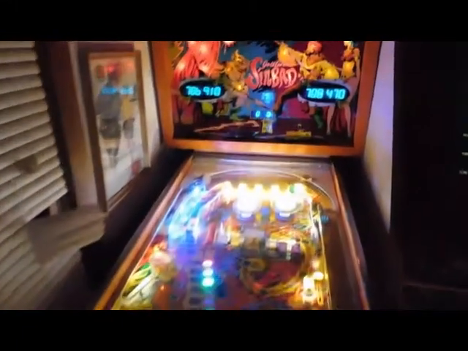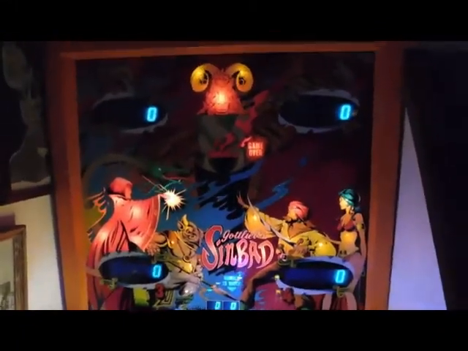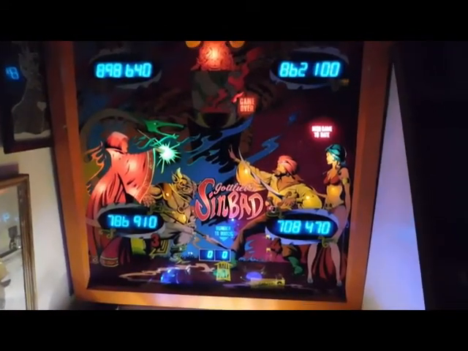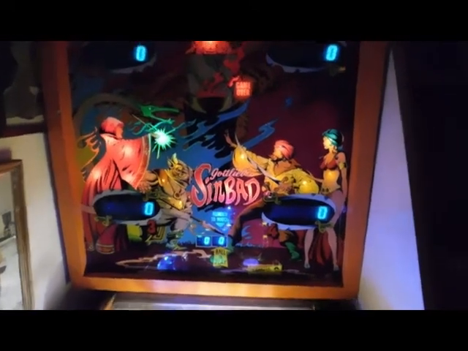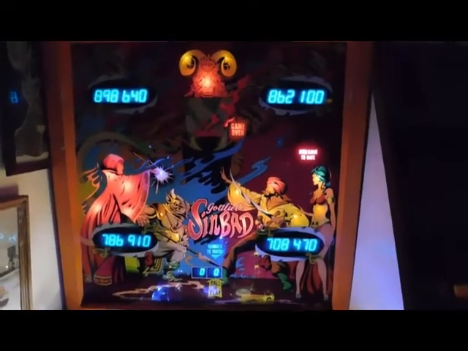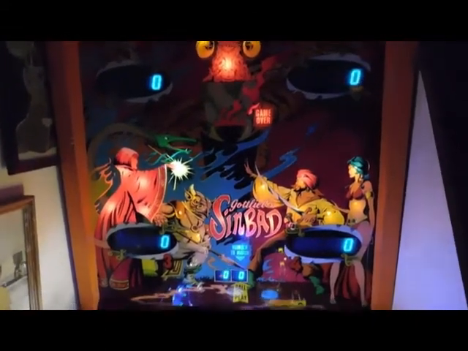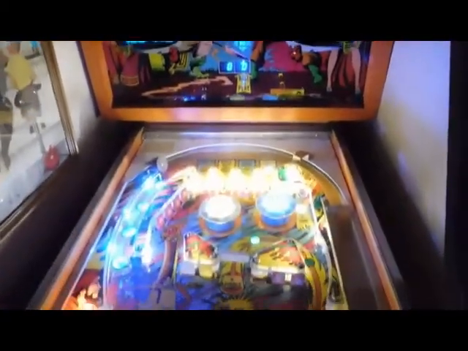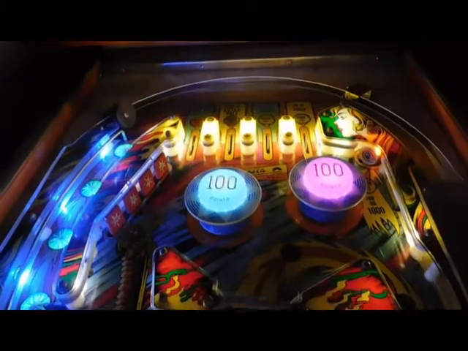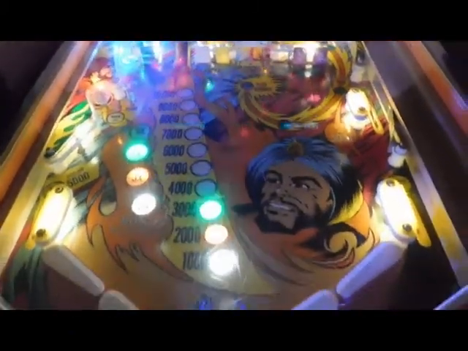And we have a Sinbad solid state pinball machine. If I remember correctly, this one was made somewhere in the 70s, early or mid 70s. I think it was 1978, something like that. It might have been earlier, 72 possibly. I don't know, I've had a couple drinks. I'm not 100% sure on that. But here's my Sinbad that I've got. It's in pretty decent shape. We're not going to play any games right now, just doing a quick little tour of the personal arcade,